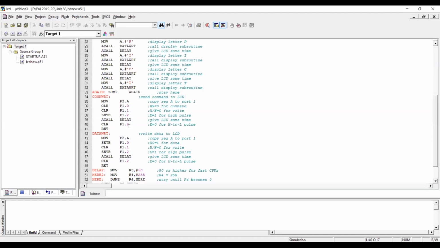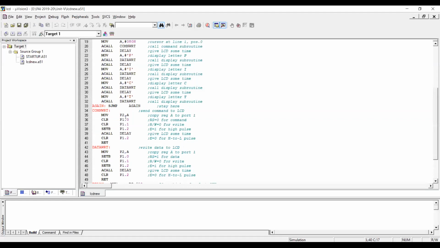Now what is the connection? Again I am repeating. It depends on us whether we are using port 1, port 0, port 2, port 3. In the program I am explaining right now, port 2 is used for data and port 1 is used for the command. So port 1 pin 0, port 1 pin 1, port 1 pin 2 are connected with the RS, RW and E pins of the LCD, and port 2 is connected with DB0 to DB7.